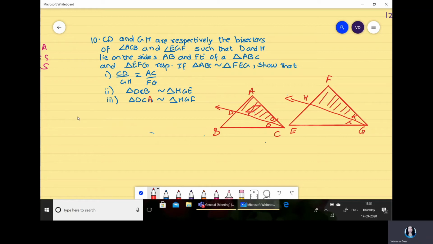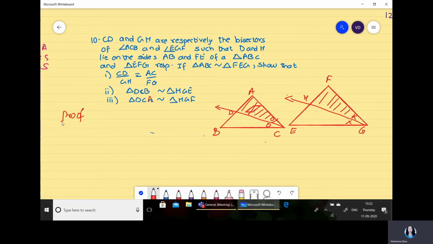So let's try to prove first that this triangle is similar. This is the CPCT of it. If you prove this, then if you take the corresponding sides, automatically you will get CD, the first two letters, upon the first two letters, that is GH. Similarly, AC is the second and third letter, and here also the second and third letter. So let's do the proof.